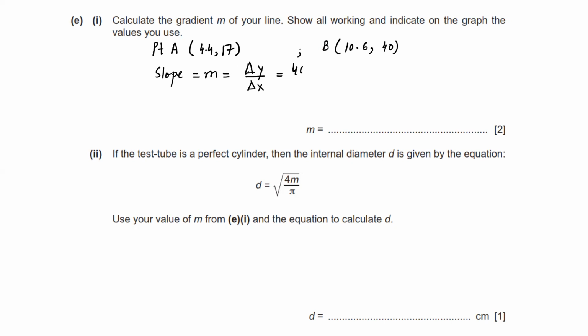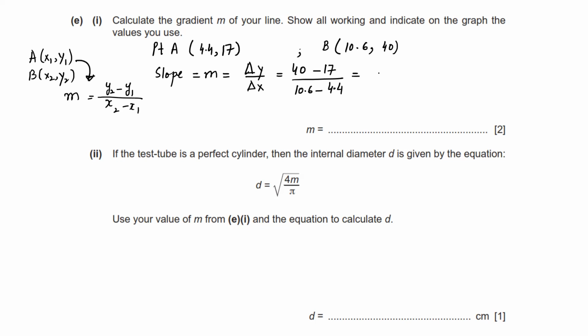So delta y is 40 minus 17, divided by 10.6 minus 4.4. Remember the formula for the slope M between any 2 points, A (x1, y1) and B (x2, y2): M equals y2 minus y1 over x2 minus x1. So this comes out to be 23 divided by 6.2, which equals